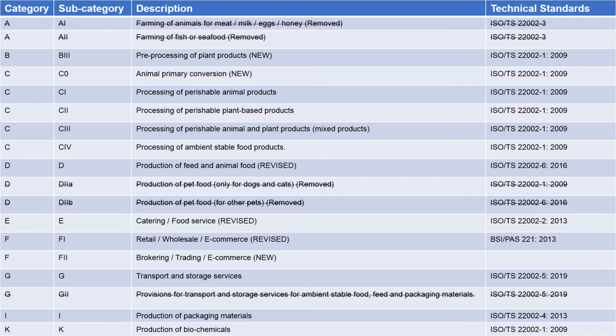So it's no longer a relevant standard for this scheme. Let's move to category B. Under category B, we now have B3 that relates to the pre-process handling of plant products. So this includes activities on harvested plants that do not transform the product from original whole form, including horticultural products